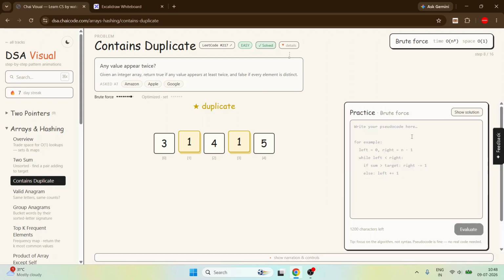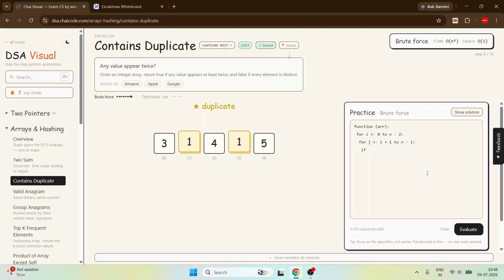This is our solution. So just go and write the pseudocode here. Take a function that takes the array. Take a for loop. Take another loop starting from i plus 1 to n minus 1.